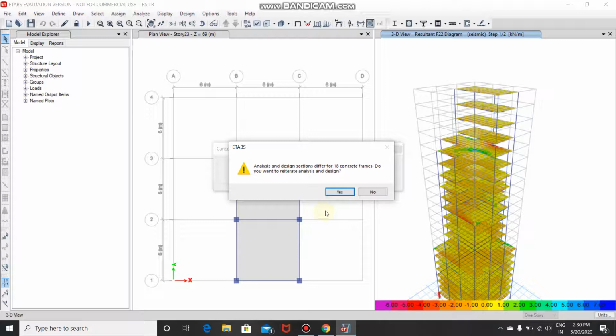as we have assigned the auto select properties to the beam and column, if we click on yes, the software will automatically assign the next size of the member assigned in the auto select property, and then it carries out the analysis and design, and we reiterate the design until all the members pass. If you click on no,